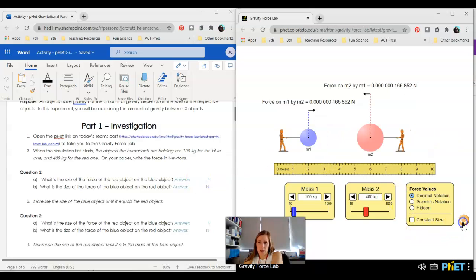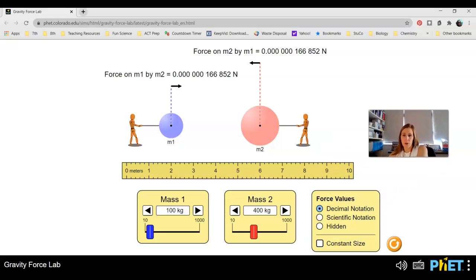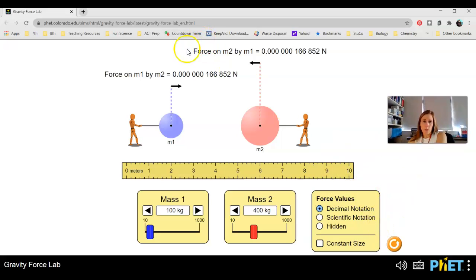So if I go ahead and reset this back to my original. Okay, what is the size of the force of the red object on the blue object? So let me take a look at this really quick. You guys have a couple different options. Probably the easiest for everyone is to just type in this number, 0.00000166852. But if any of you guys are really good at math and you're familiar with scientific notation, you can click this option right here, scientific notation, and write your number in scientific notation as well